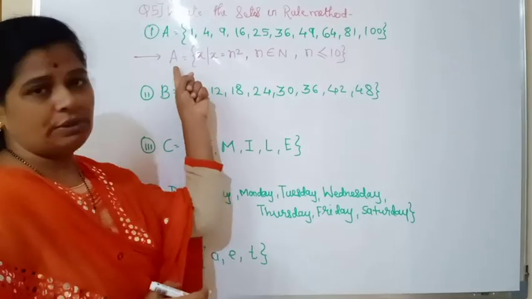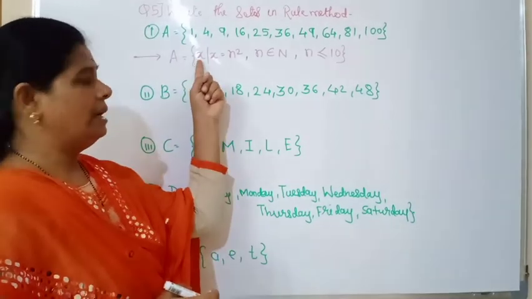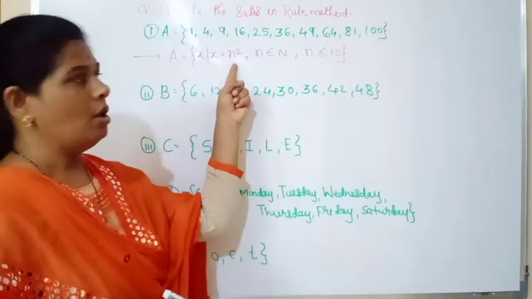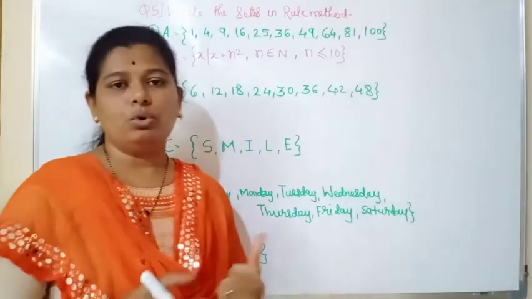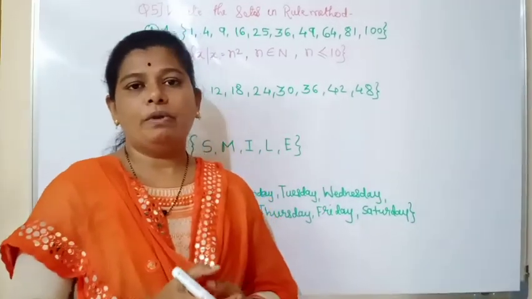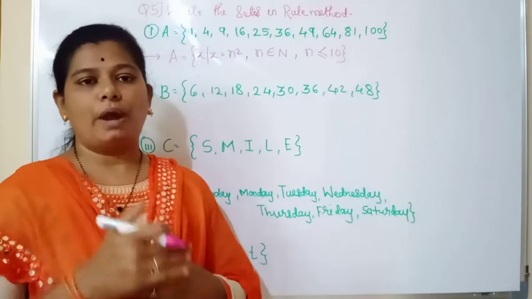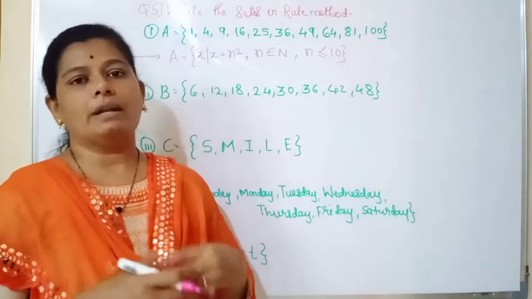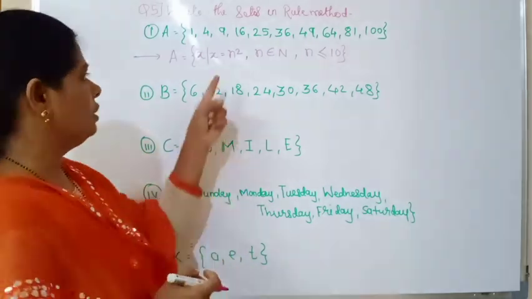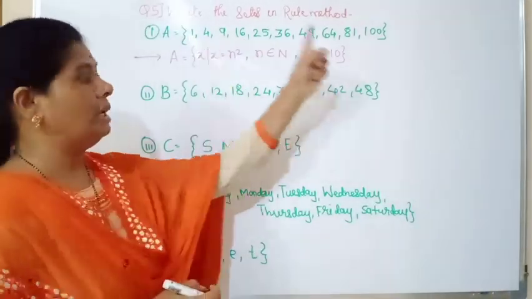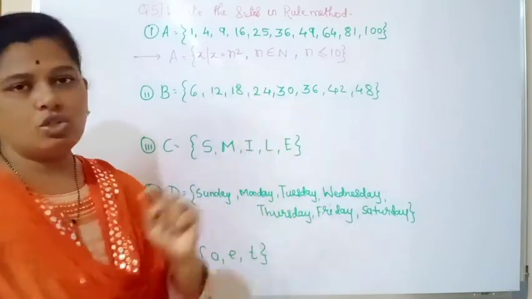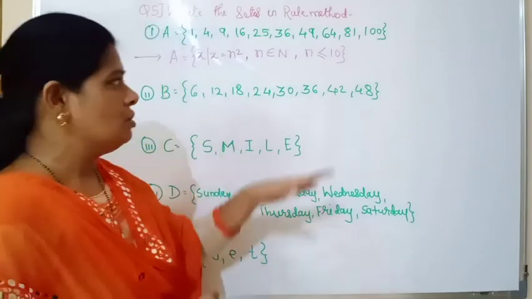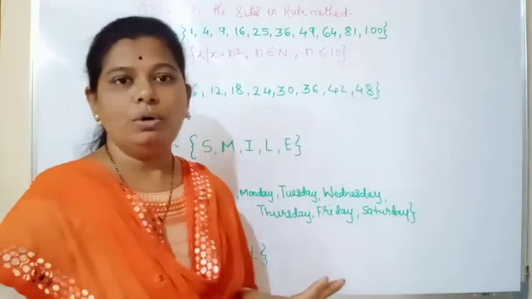So first of all, name of the set, then curly bracket, then it is a set of all x such that x equal to n square. The value of n, as I told you in our previous example, that is 1, 2, 3, 4, we have to insert it and then we have to find the squares. So here the value of n varies from 1 till 10. Okay, so it is n square, n is a natural number and the limitation is there, that is till 10. So n is less than or equal to 10.